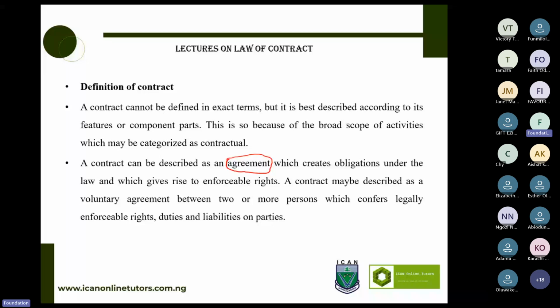Now, there's a popular case between husband and wife. The husband promises to pay the wife a certain amount on a monthly basis. He paid for a while and he stopped paying. Then the wife sued for non-compliance with the contract they agreed on. Members of the class, do you think there is a contract between them? Can anyone help us?